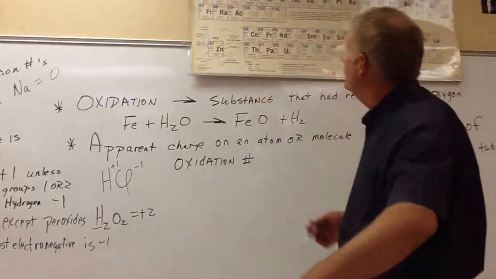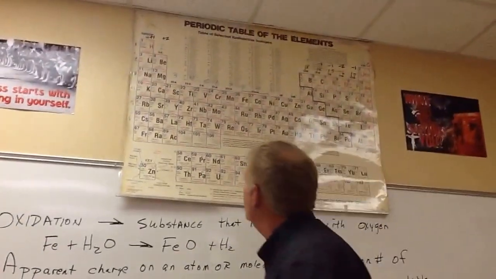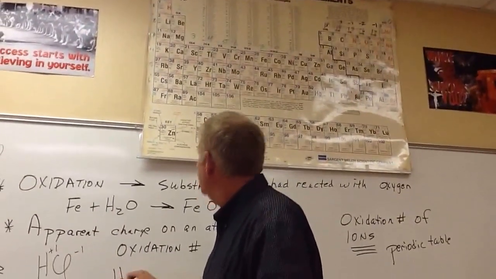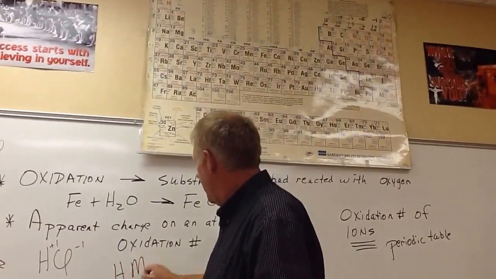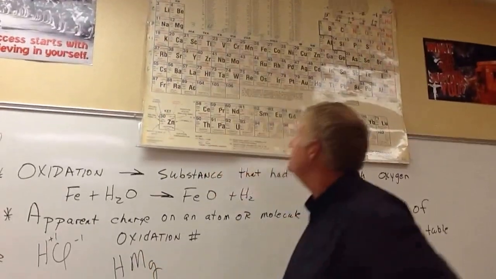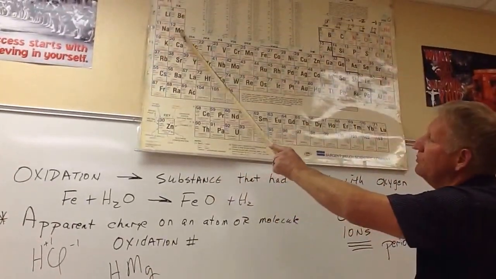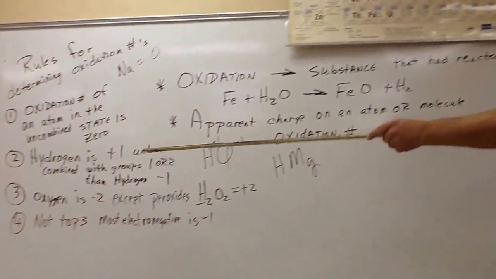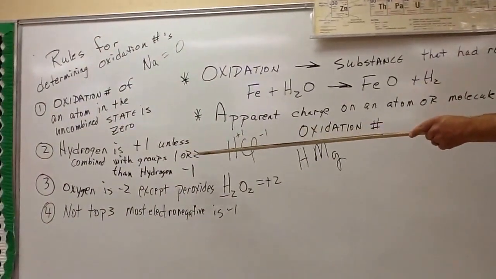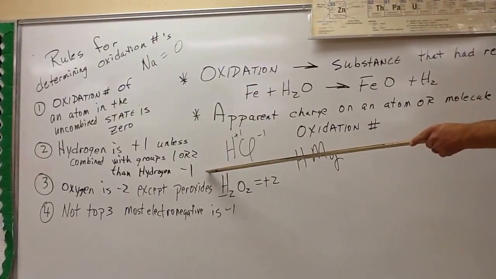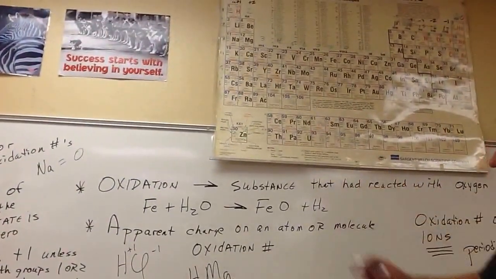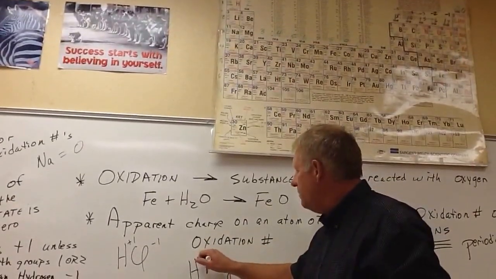Well, let's do another one. Let's say we have hydrogen and magnesium. Now in this case, magnesium is in group 2. So this rule says that hydrogen is +1 unless combined with groups 1 or 2. Then hydrogen is -1. Well, since magnesium is in group 2, our rule says that hydrogen then is -1, and